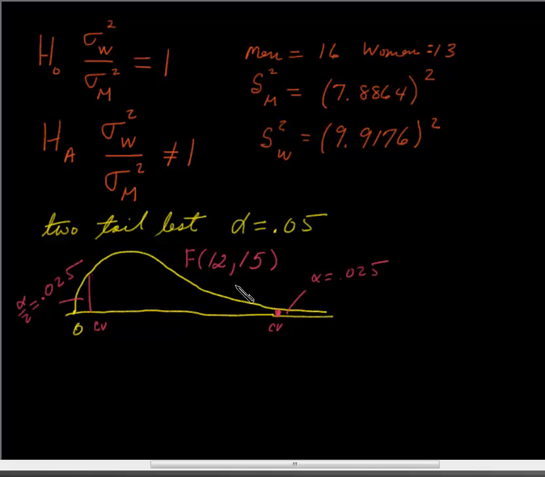So this is the particular F distribution. If I go to the second table of F, a table for an alpha equal to 0.025, and find degrees of freedom numerator across the top, that would be 12, and then down the side I'll find degrees of freedom denominator 15. At the intersection I'll find my critical value, the guy that goes right here, and it is